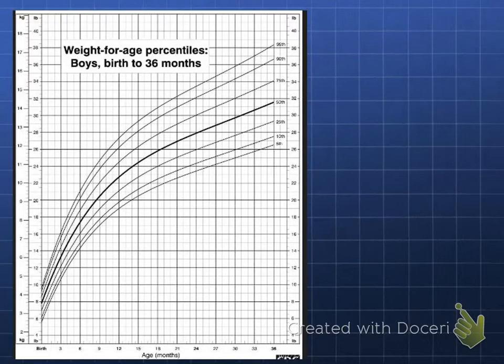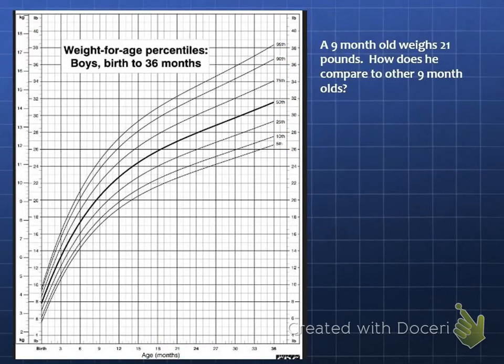So this is how your son should be growing from the time he's born until 36 months, right? And so you have to look along the x-axis down here to see that that is the age in months. And then the y-axis is weights in kilograms, right? And then there's different curves. And those curves correspond to the percentiles, right? 96th, 90th, 75th, 50th, 25th, 10th, and 5th. Okay? So, some questions. A 9-month-old weighs 21 pounds. How does he compare to other 9-month-olds, right? Is that normal? Well, 21 pounds puts you about right where that orange dot is, which places them just above